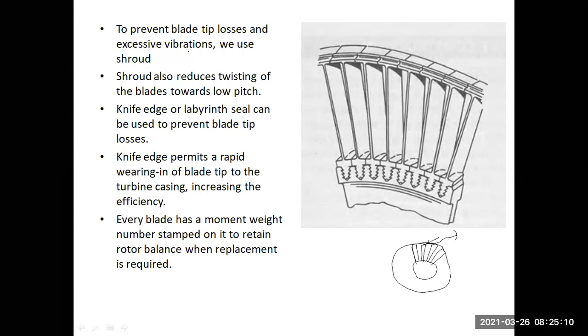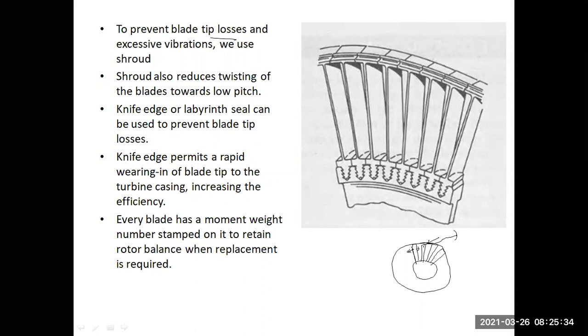What is this called, son? It is called tip losses. Okay, as well as, if you don't protect it, son, and just fit a blade and leave it, what will happen is the blade will have a lot of vibration. So there are two problems associated with the turbine disc. One is that it can have a lot of vibration. Another one is that there can be tip losses. So I need to reduce this.